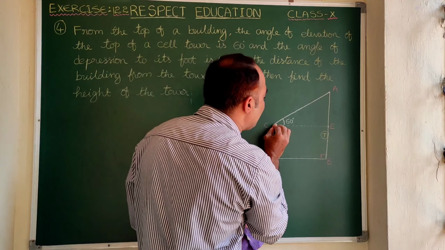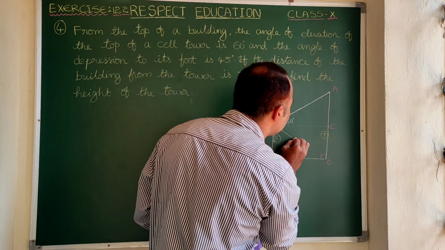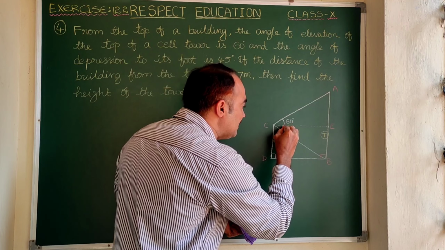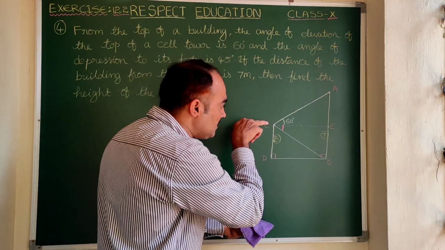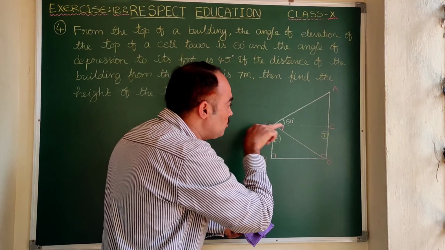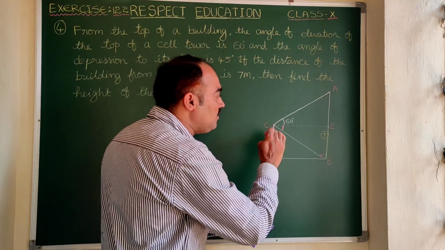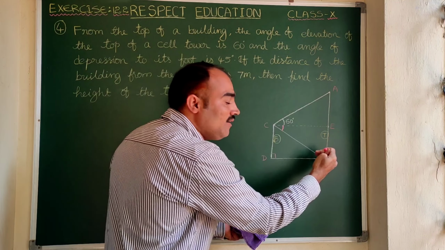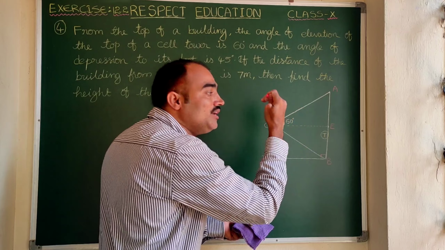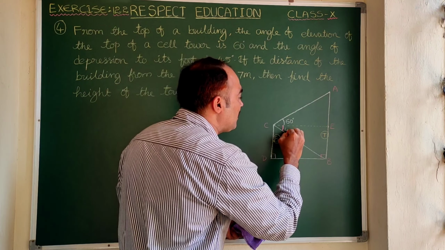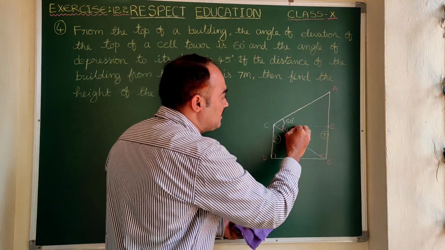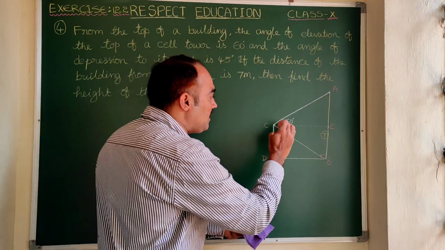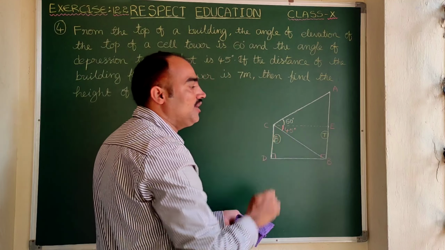So here we can draw the line from C to B, whereas here angle of depression, this is the angle between the line of sight, that is CB, to the horizontal line. As we know, angle of depression is the angle between the horizontal line and the line of sight, and that will come below the horizontal line. So here we can write 45 degrees. See here 60 degrees is the angle of elevation, that is above the horizontal line. 45 degrees is the angle of depression, that is below the horizontal line.